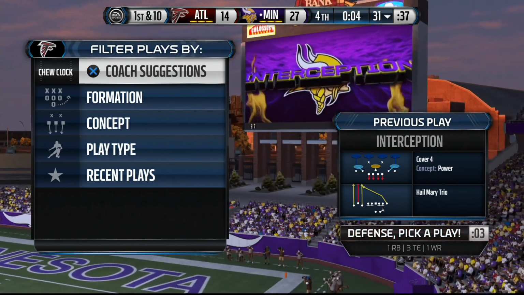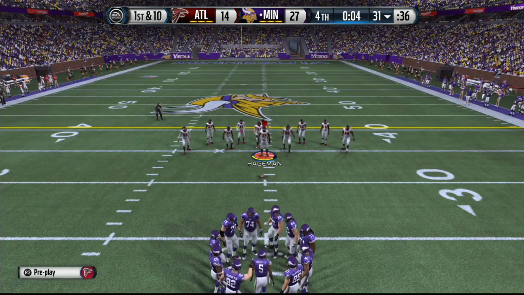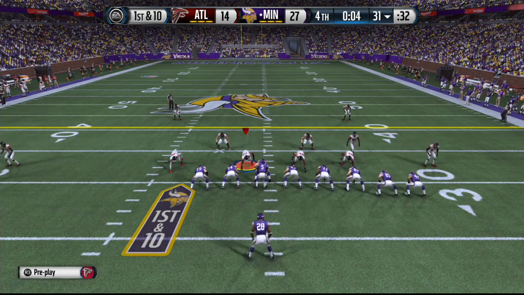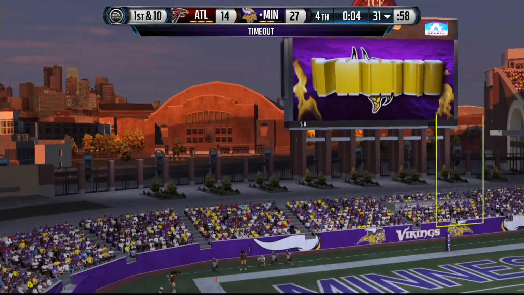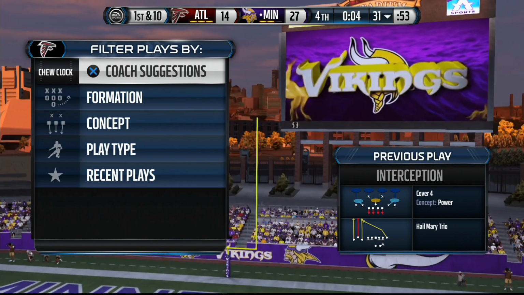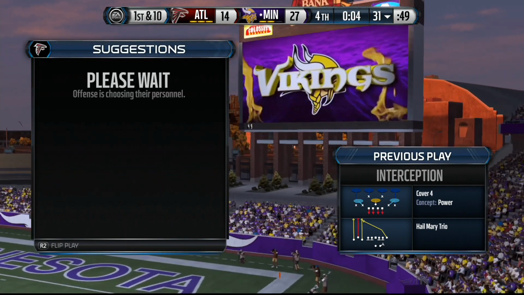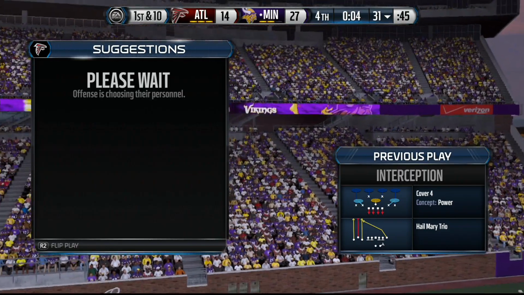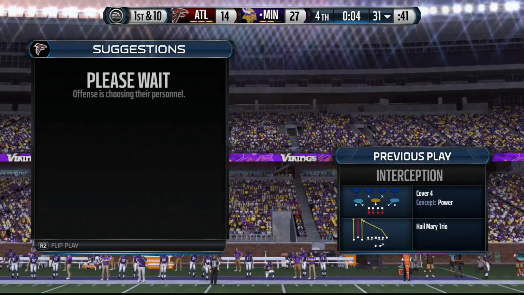They're gonna come out in what looks like a run formation, and that is a tough loss for the Falcons. 2 losses in a row. When the game is within reach of winning, they are just not able to make it happen. And the final score will be